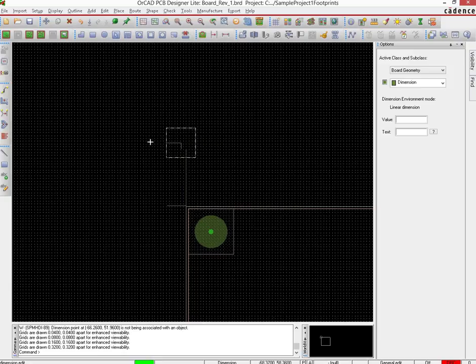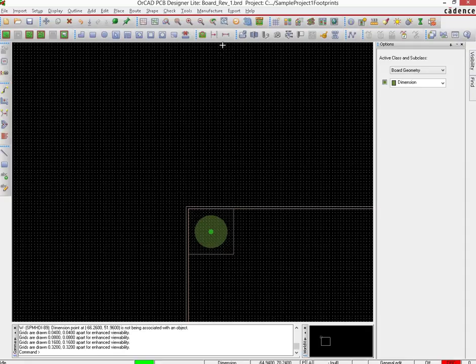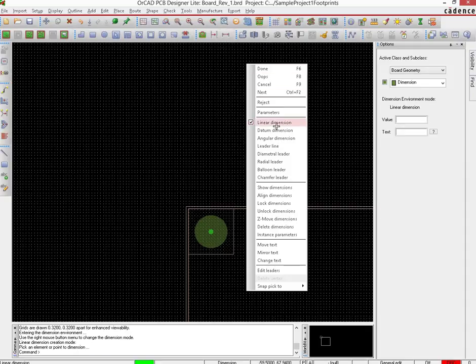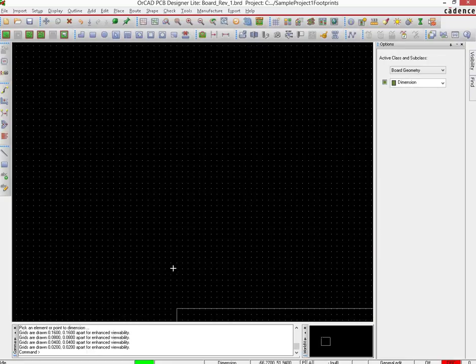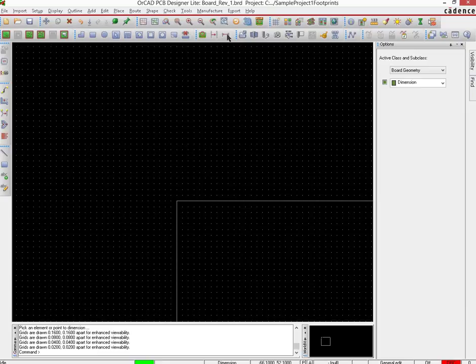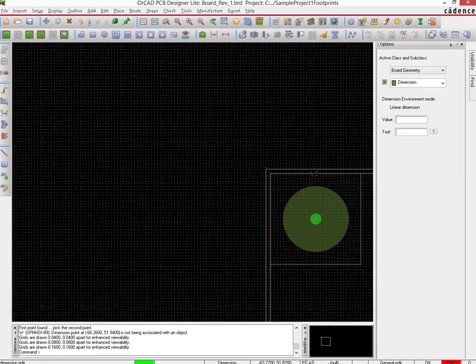Oh, I have a dimension from before, so let me do away with that. Let us cancel. Let us launch the tool again and verify that it's in linear dimensions. It is, and then we will zoom in first and then launch the dimension edit tool and put the first marker here, and then we will go to the other end of the board,